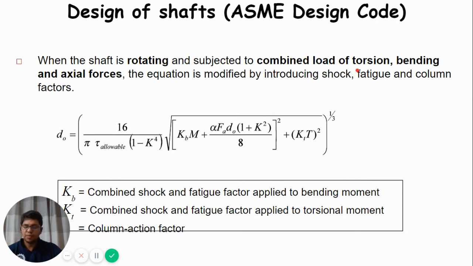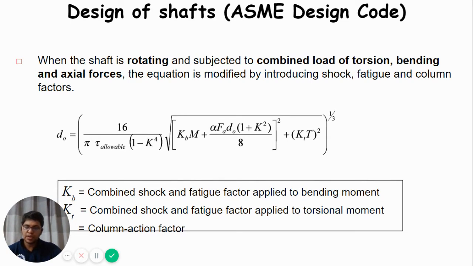While we were learning about the phenomenon of fatigue, we learned how to design a component. If the loading is variable, completely reversible, or changing with respect to time, then you have to find out the mean stress and the amplitude of stress. Then you have to find out the endurance limit of the material. Then you have to use the Soderberg criterion, Goodman line or Gerber parabola to check the safety of the components.